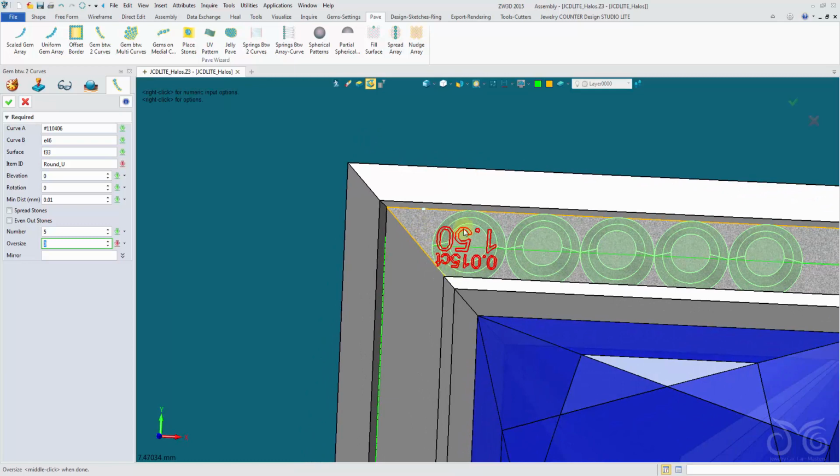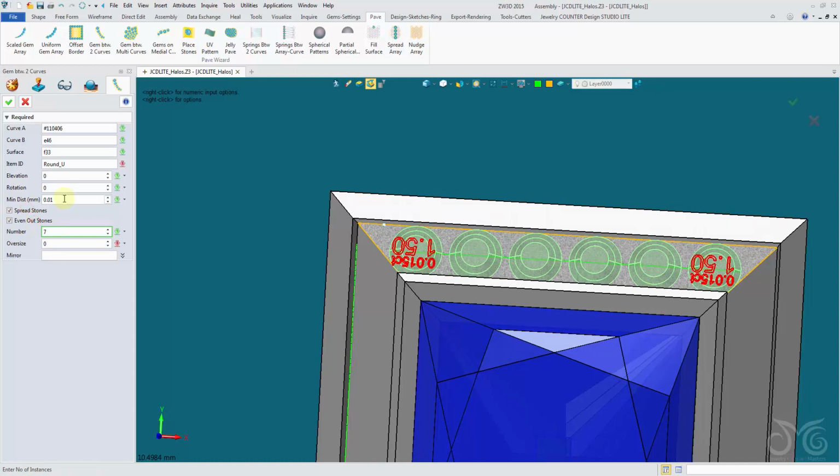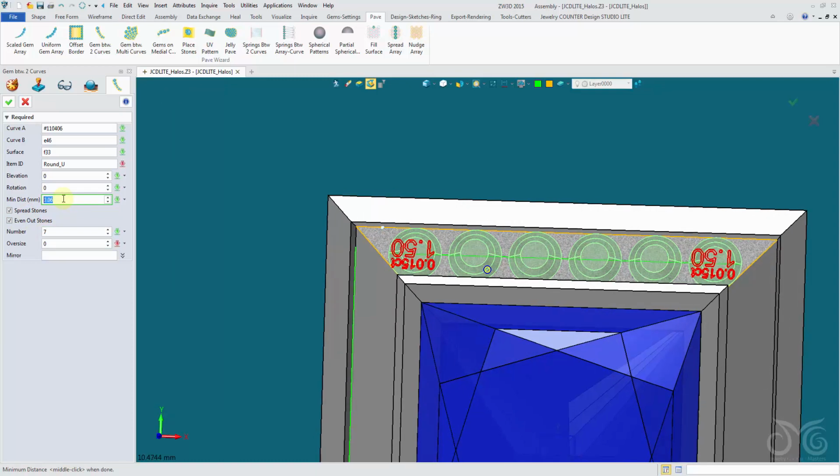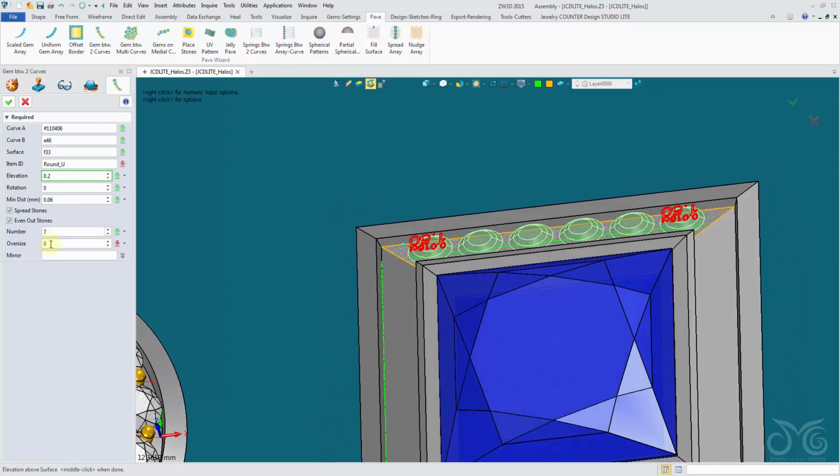Okay, you can see that our stones have been budged in. Increase our number, spread them, even them, whatever you want. Okay, let's add an elevation, say 0.2. Okay, we're going to come in straight away and mirror